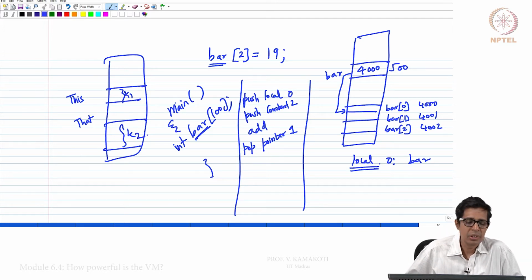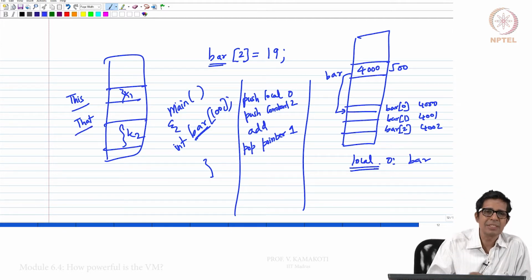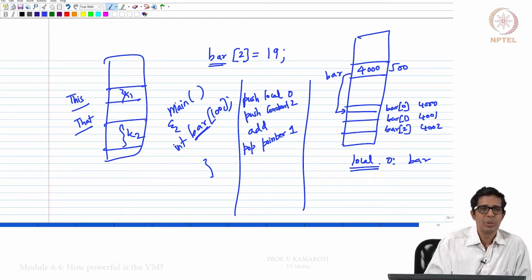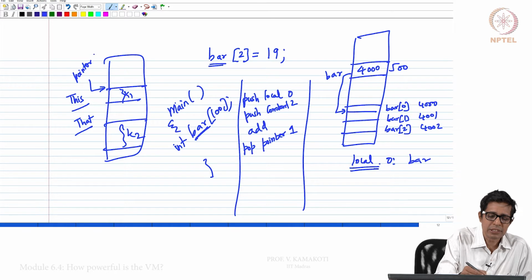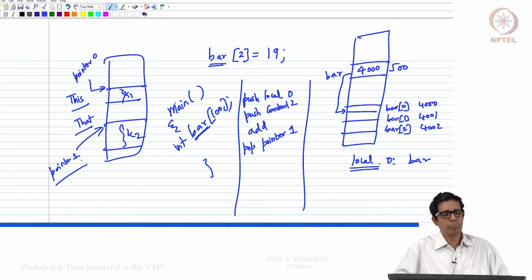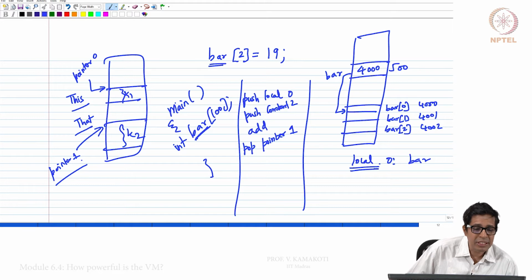This is a segment, that is a segment; this and that are different segments. These can be used for any general purpose. Now, somebody has to point to the start of the segment, and that is pointer 0 and pointer 1. Pointer 0 and pointer 1 will point to the start of this and that.